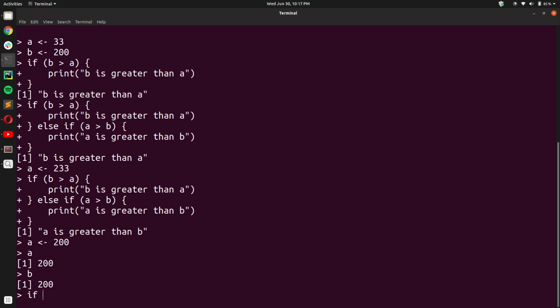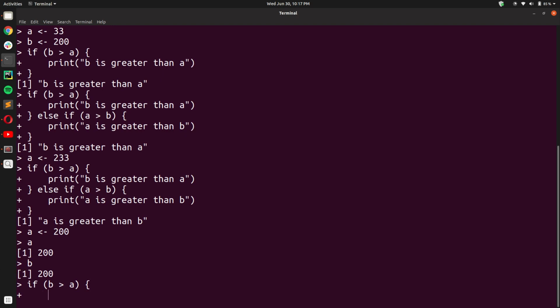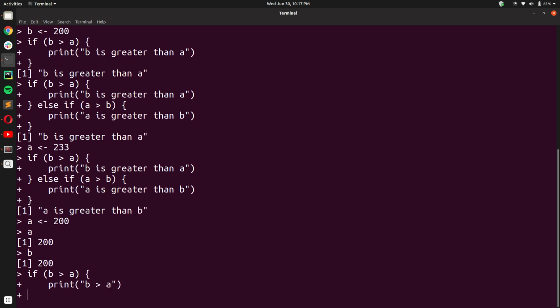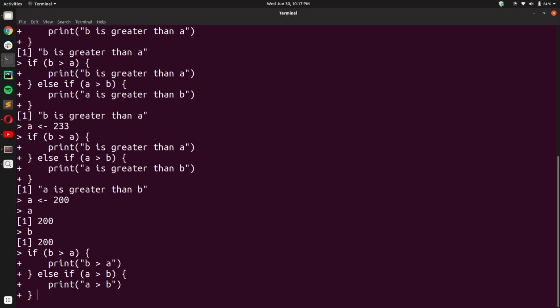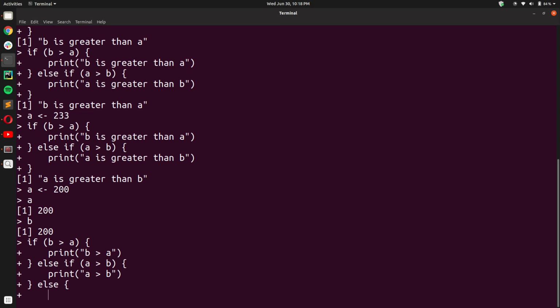What will we do next? In order to do that, let us first write b greater than a, then print b greater than a, else if a greater than b, print a greater than b, else the third situation where both of these quantities are equal, we print out a equal to b.